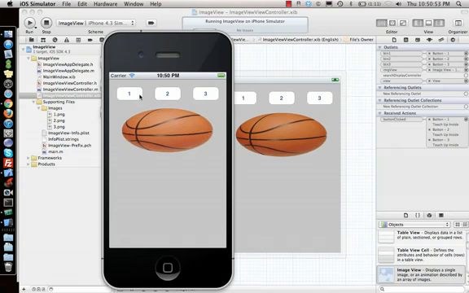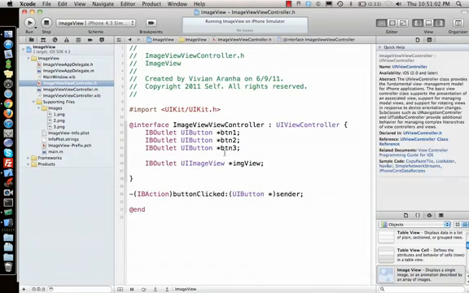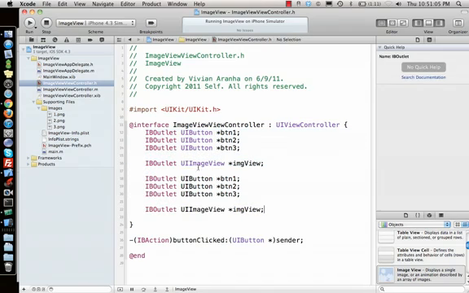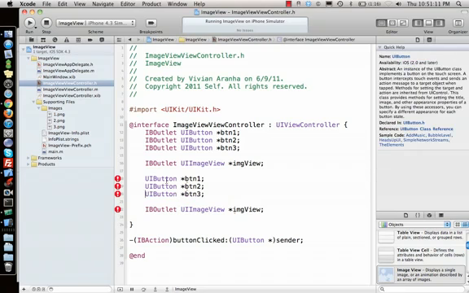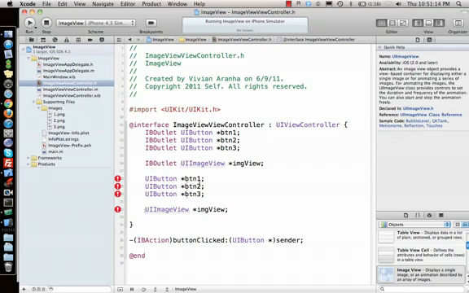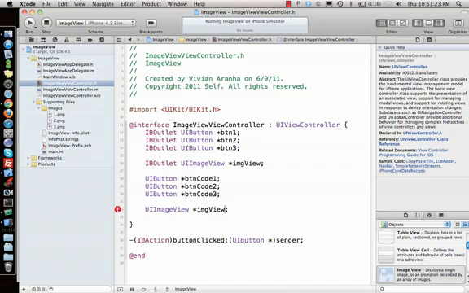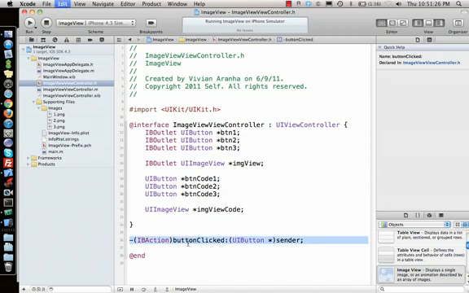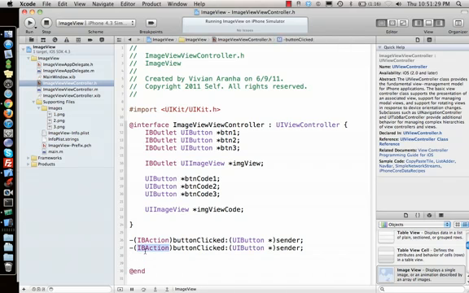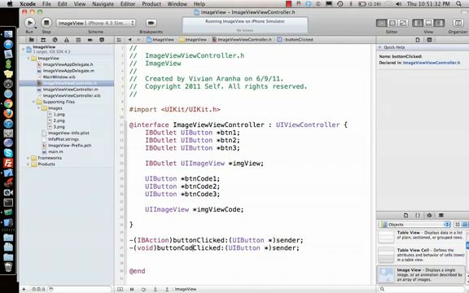So now we want to do something similar using some code. Let's go to this, copy these, and paste it here. Instead of this, let's use UIButton and UIImageView. So let's say button 1 code, and image view code. Let's write a different function for this one. Call it void buttonCodeClicked, button sender. Implement this function